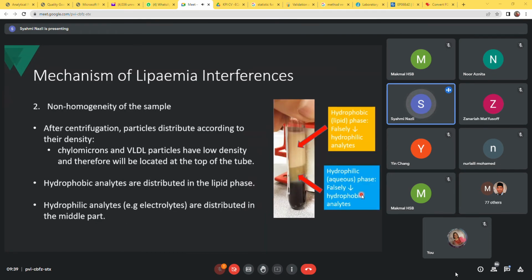So the next mechanism is the non-homogeneity of the samples. In order to get the serum or plasma, we need to centrifuge the patient samples. After centrifugation, the particles will distribute according to their density. As I told you before, chylomicron has a bigger size but low density. That's why chylomicron and VLDL will be located at the top of the tube. As you can see from this figure, they are located here, as compared to the